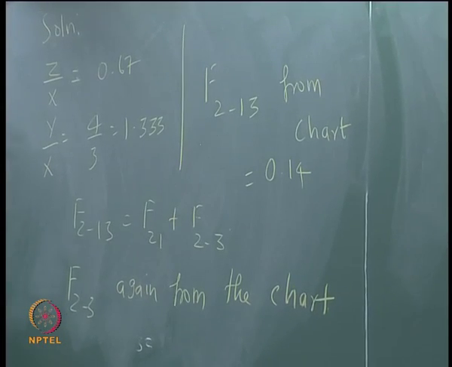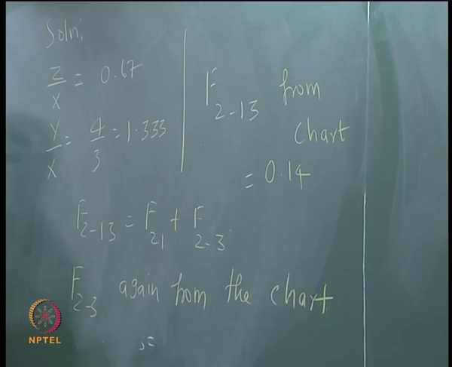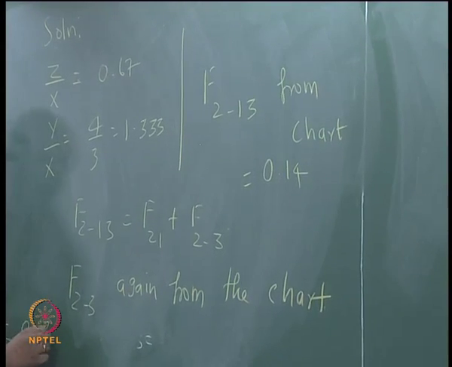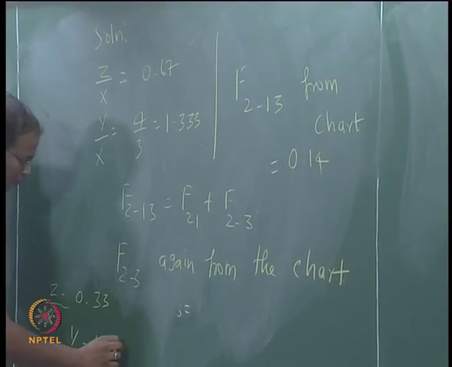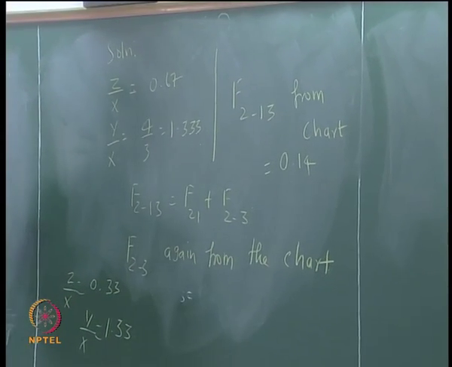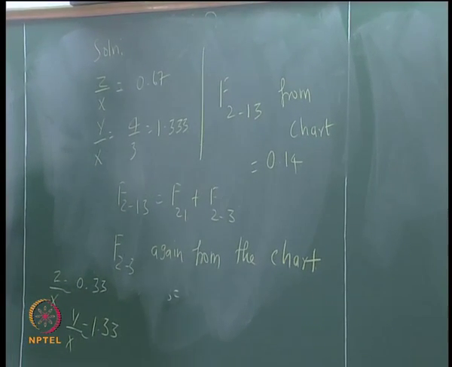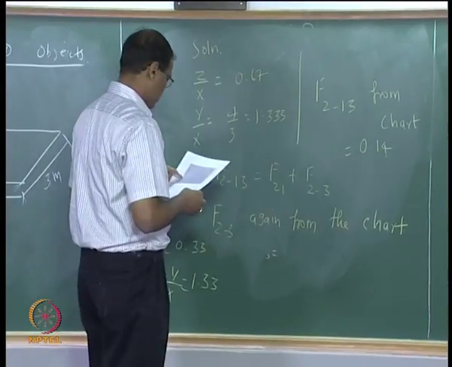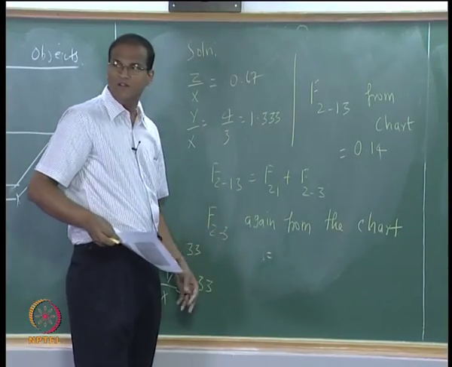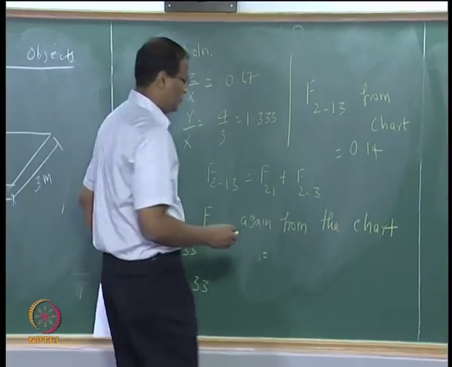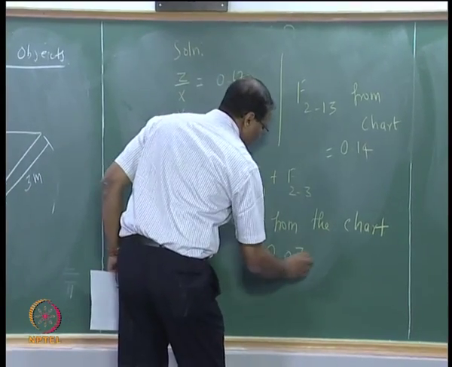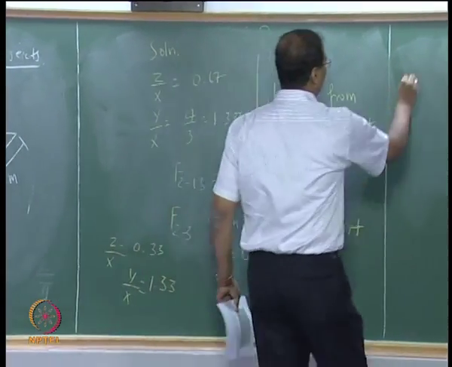Z by X is 0.33, Y by X is the same. Okay, so F2 to 3 will be 0.07. Therefore,